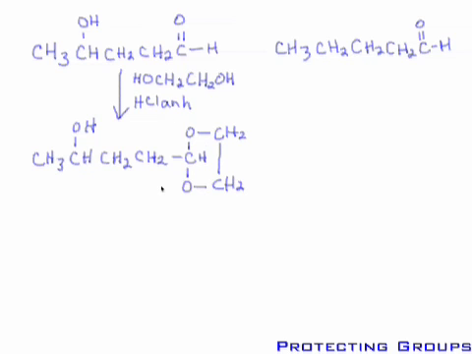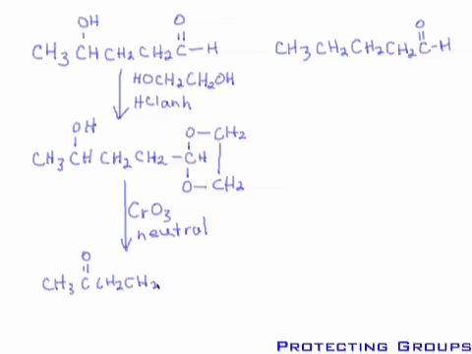Now the full acetal is stable in base, and as long as we're in base, it will not be affected by oxidizing agents. Normally you use CrO3 in acid, but we can use CrO3 in neutral conditions, and if we're careful, we can retain our full acetal. If we use neutral conditions, we can actually oxidize this alcohol to the carbonyl. Fantastic. That means we're ready